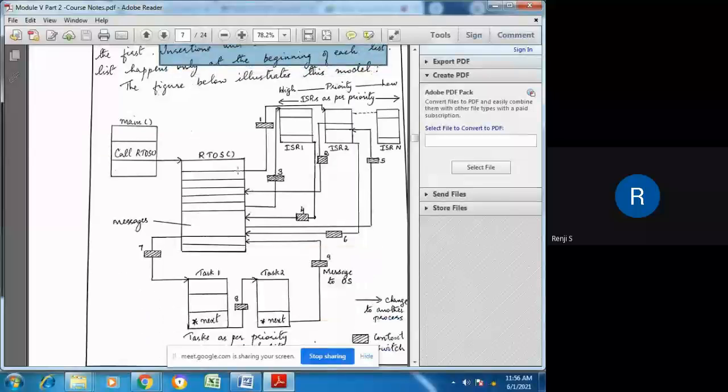As I said earlier, first the ISR2 has highest priority, so it will be executed. And when it returns in the middle, it returns after executing for some time. When it returns back,